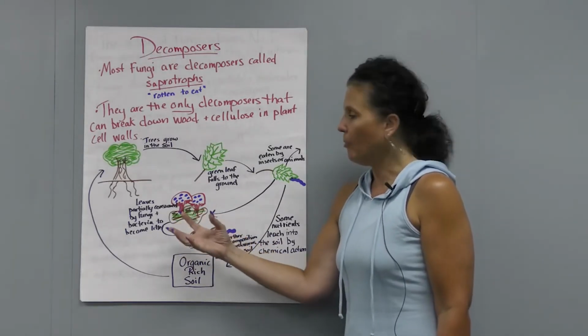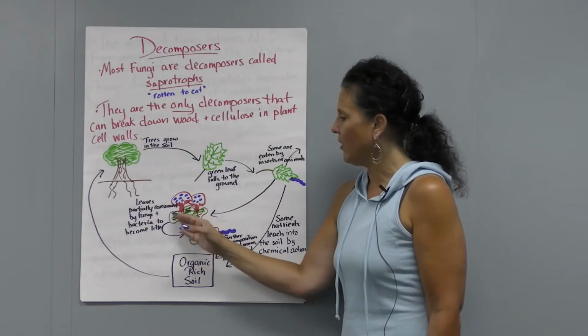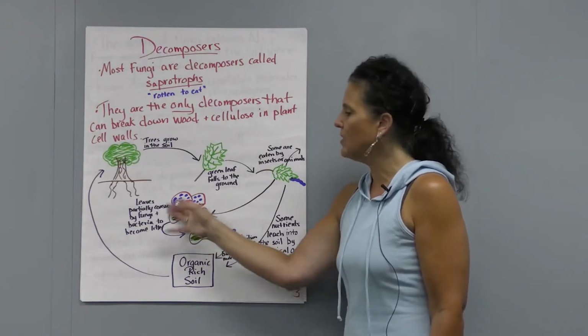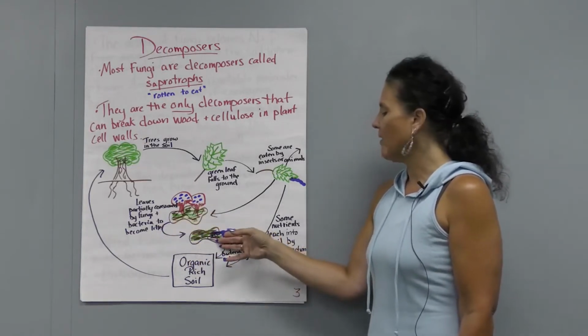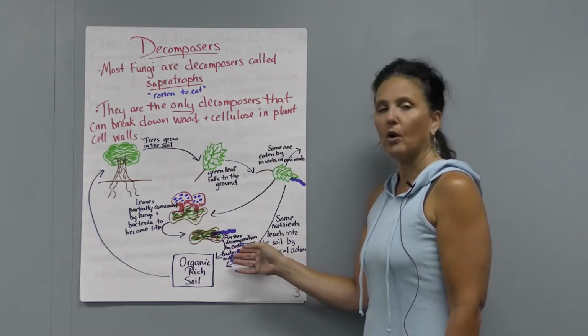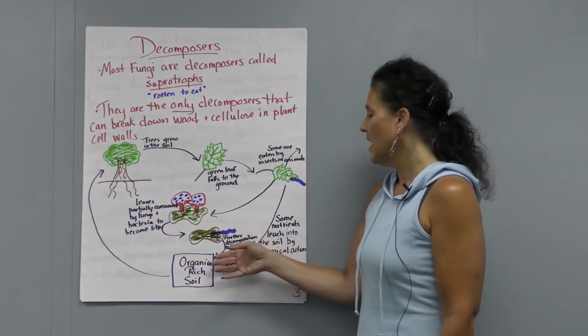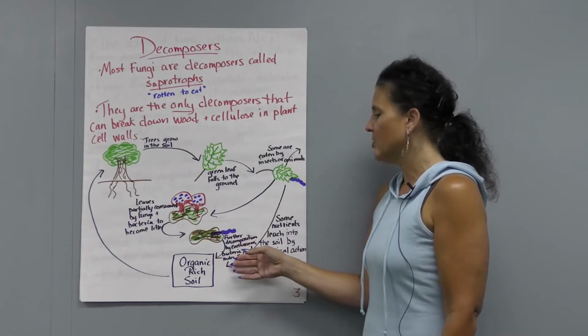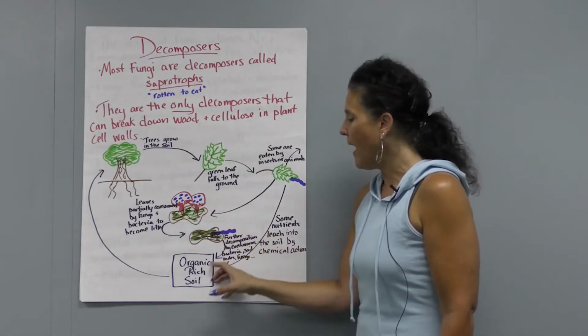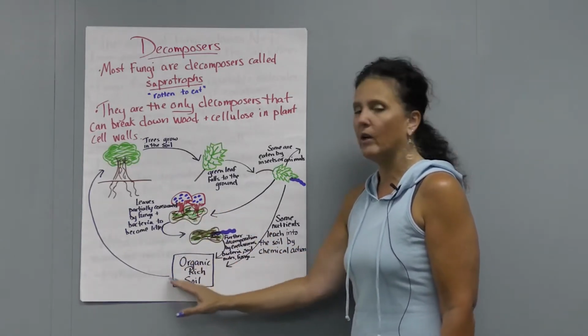And they're dead leaf products. So here are a couple of fungi that are feeding off of this decomposing dead leaf. Or we can get further decomposition by earthworms, like fishing worms that you all see, bacteria, soil mites, fungi. Any of those things all go back into making our organic, rich soil.